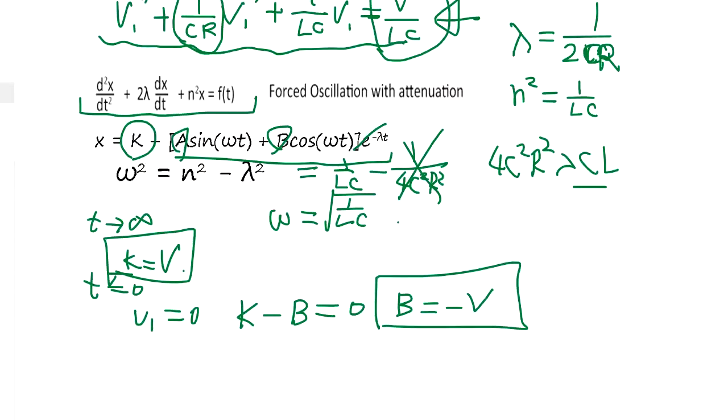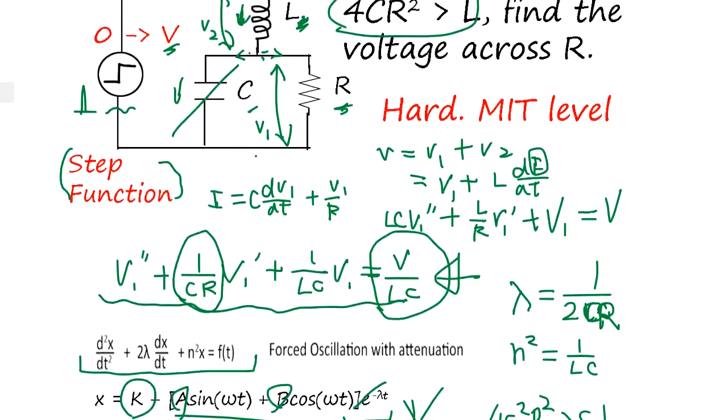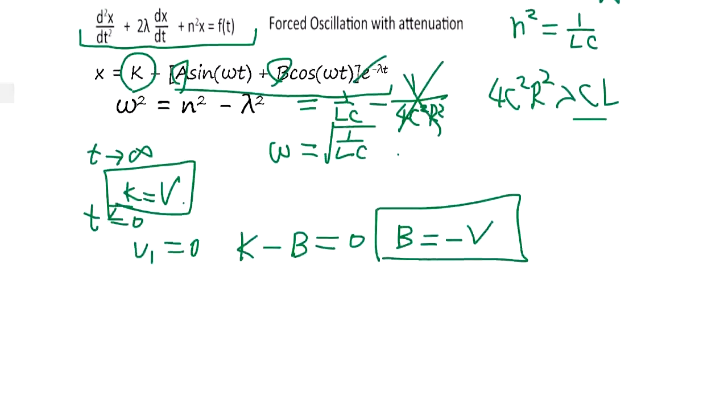Now we look at what's happening in the beginning. This V1 is 0, and when V1 is 0, the current is 0. The current of the capacitor is C dV1/dt, right? Okay, so the current is 0. We take a derivative of this, okay? Then A omega cos plus B omega negative sine